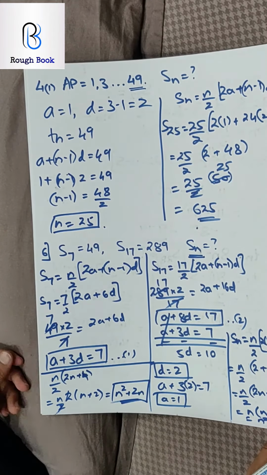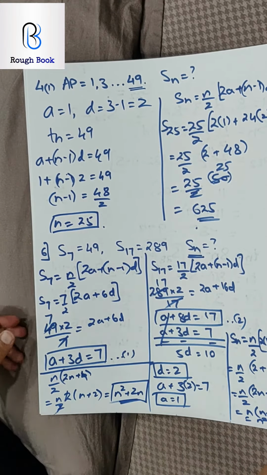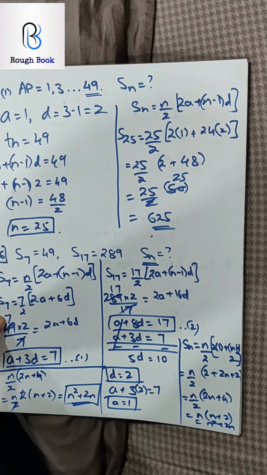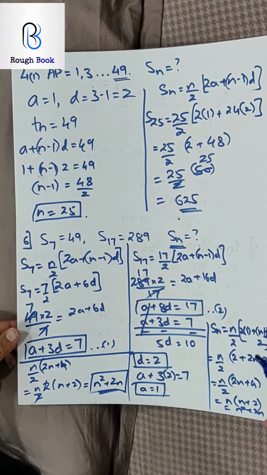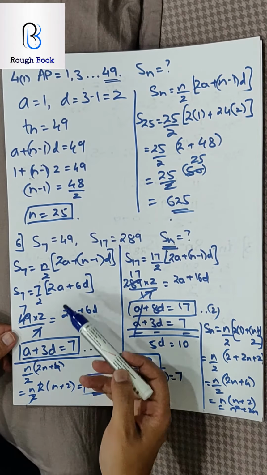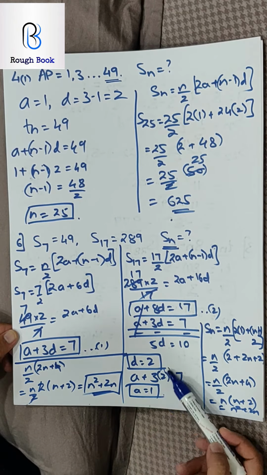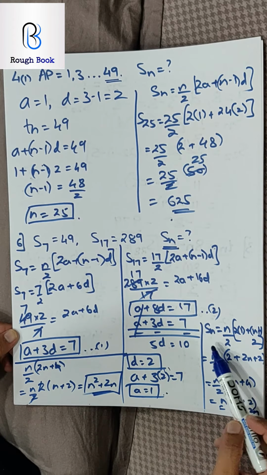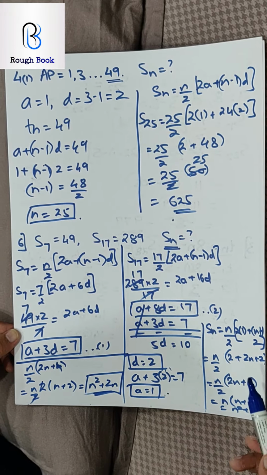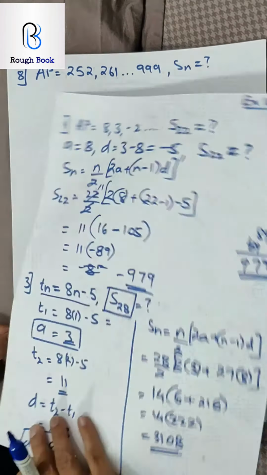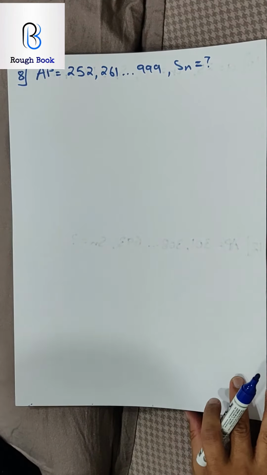I'm so sorry I didn't leave a lot of place here, and that's why I have crumpled the entire question here. But please try and solve it well. I'll just repeat it once again. First you apply Sn for both, get the values of a and d. Till here I am sure everyone's fine. And then Sn general formula, use a and d in this and reach to this step. Please try it.